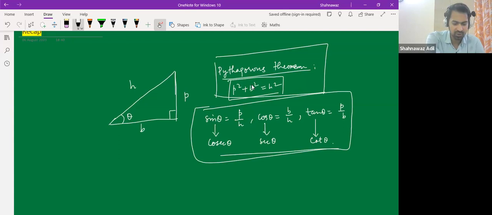Okay, so we will talk about the tenth question. Noted, Amar? Yes, sir. So cot is the reciprocal, 1 by tan theta. This is 1 by cos theta and 1 by